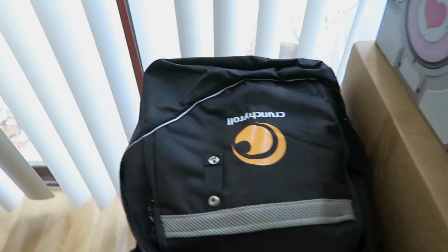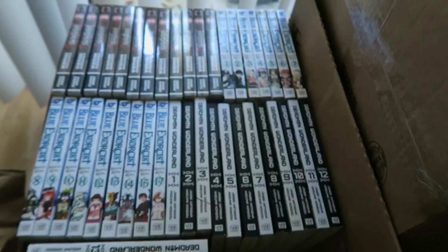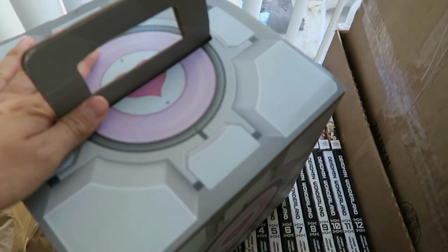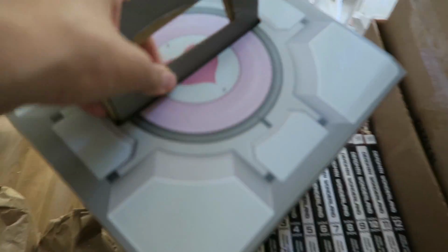Moving on from the art, this is all the stuff that I got as grab bags from Anime Expo. We have the Crunchyroll bag here. We have 3 paper bags. This one doesn't really say much. These all don't say much. This one right here is a little companion cube. It contains 1 Overwatch hero full of merchandise from that Overwatch hero, so I'm very curious to see what's inside